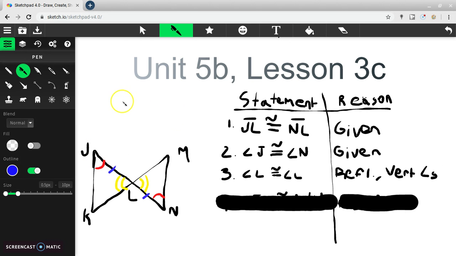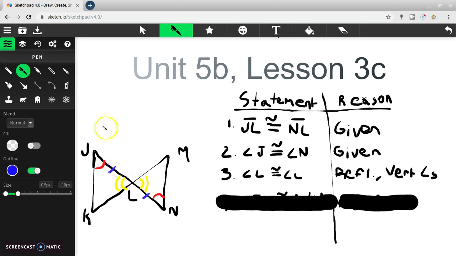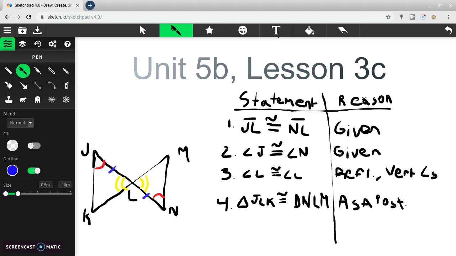And we know from Unit 2 that if there's vertical angles, which are the ones that are across from each other, they're always congruent. Last thing we need to say, since there's nothing else to prove, we proved each color, and now we need to just say what we had to prove, because now it's true, because we proved everything that we see. Triangle JLK is congruent to triangle NLM. That is, and the reason why, I told you before to say the reason is that it's proven, but